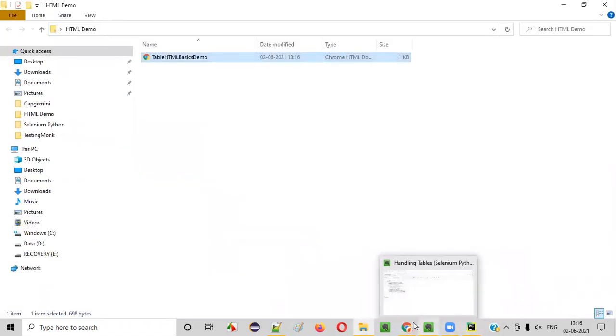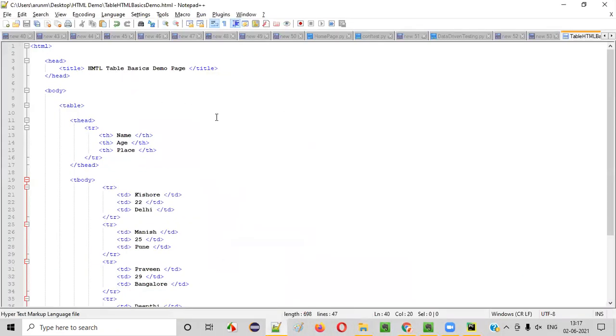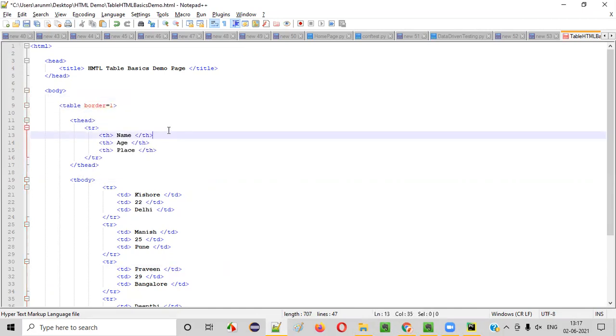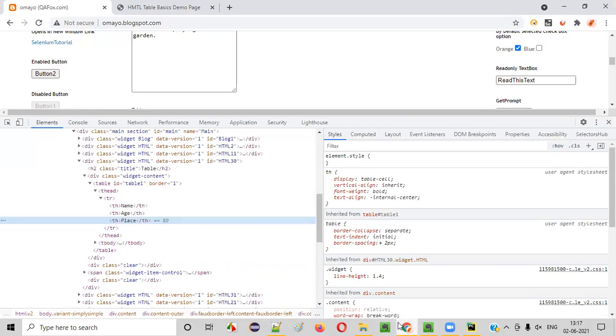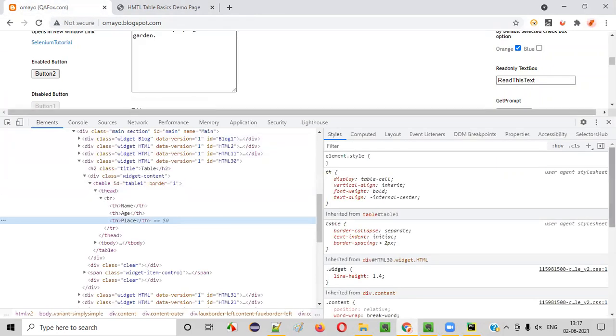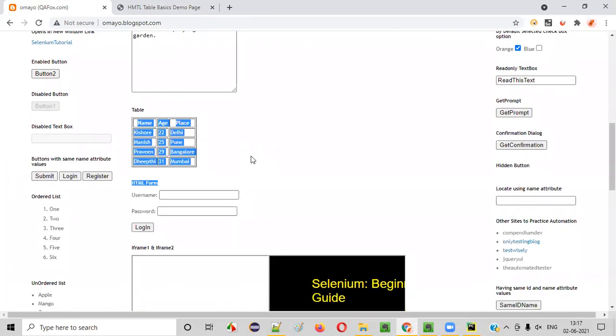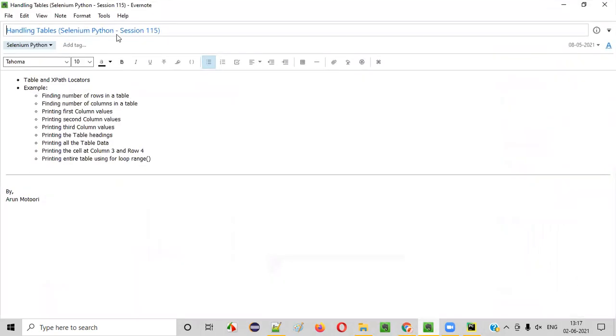So here I'll go to Notepad++ where I am creating this table, and in the table tag, I'll say border is equal to 1. That's it, nothing much. Now save this, go here, refresh this and see whether you're getting a border or not. You see, you got the table border. So this is how, guys, we can use HTML for creating the table. Having that knowledge of HTML basics for creating the table is compulsory, guys, for understanding how to use Selenium Python automation for handling the tables.